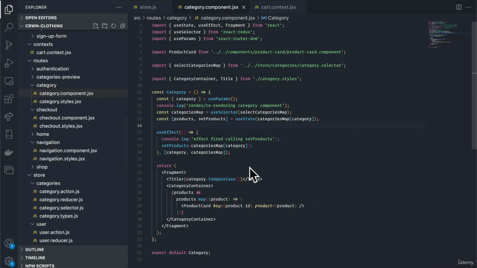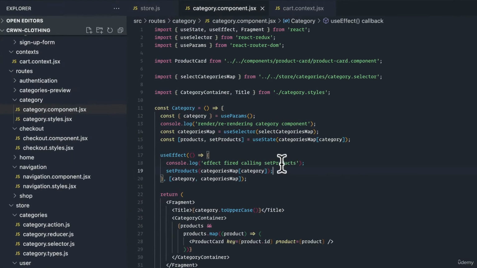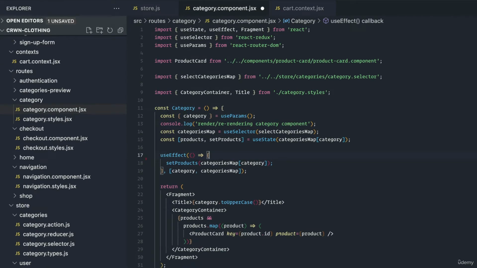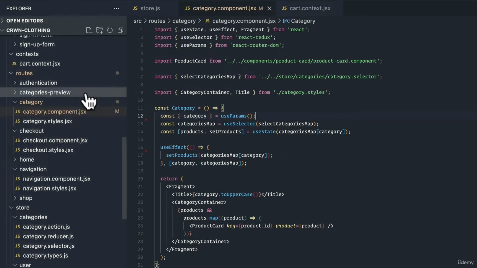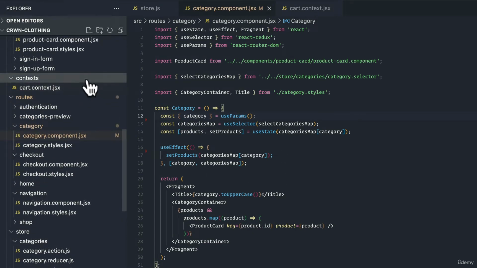Welcome back, everyone. Now, before we continue with our cart context, let's just make sure we've cleaned up everything up till this point so far. In the last video, we added a few console logs that I want you to remove as well. If you have, then that's great. If not, please do that now. And inside of your context, if you have not deleted your user context and your category context, please delete those